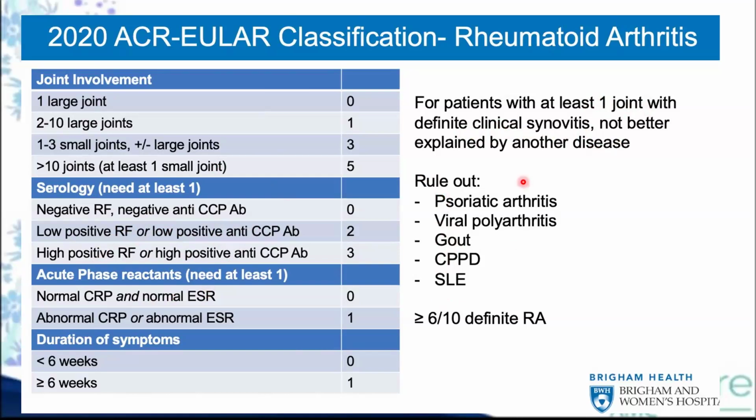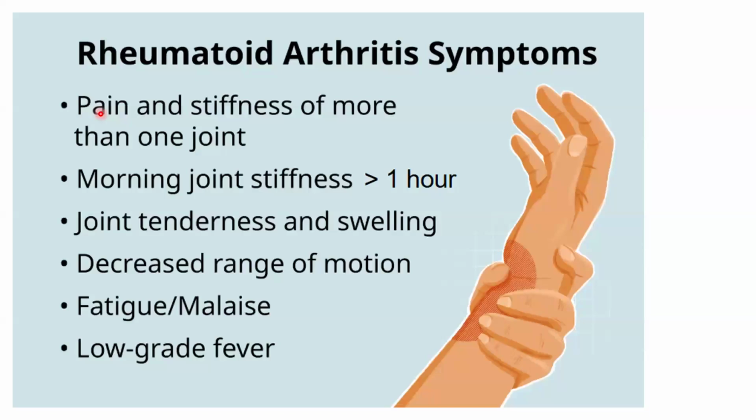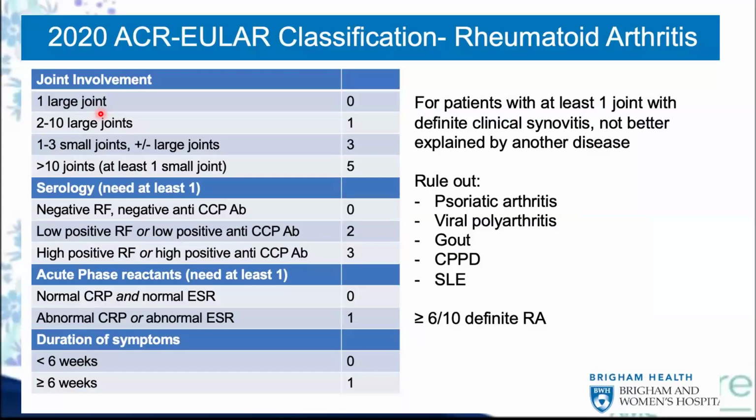So once it's ruled out, you can come to this diagnosis, right? Otherwise, if it's just one joint, it's hard to get this score of 6 or more, right? But if you have excluded it, you can come, right? And notice here, when they're talking about the joint involvement, they don't mention anywhere that it has to be symmetrical, right? So back then, the joint involvement had to be symmetrical, right? But now, they say it does not have to be symmetrical, right? So remember that. So they will give you a picture with one side only being affected, right?